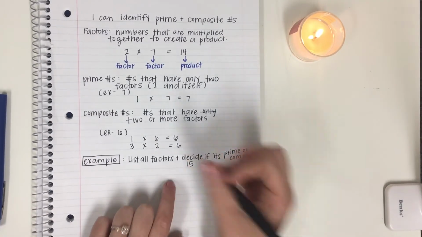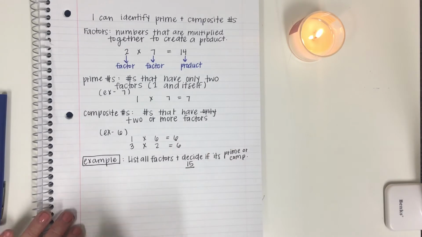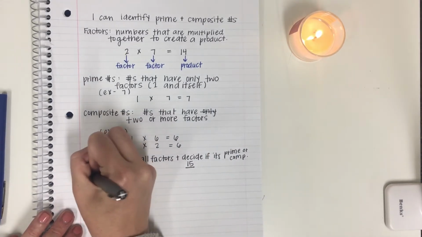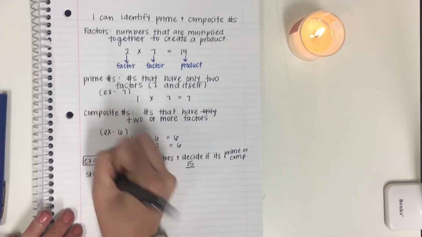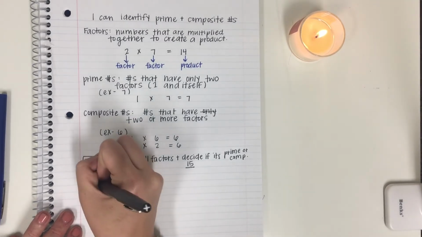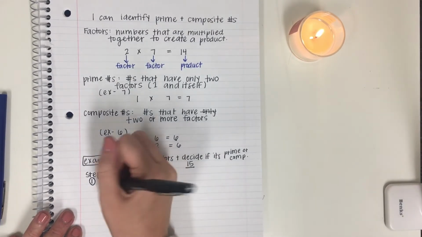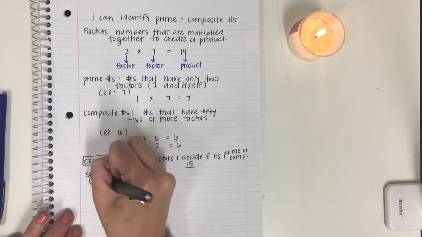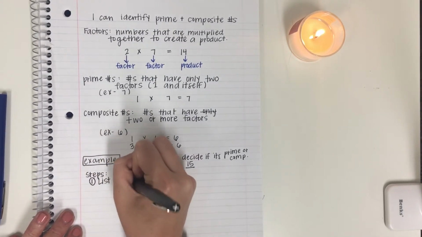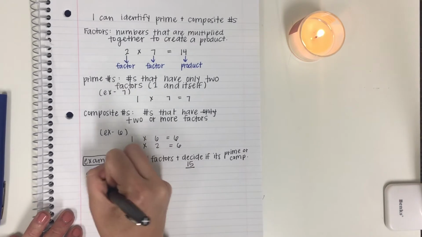And they give you the number 15. Here is what you can do to determine if it's prime or composite. Step 1. List out all the